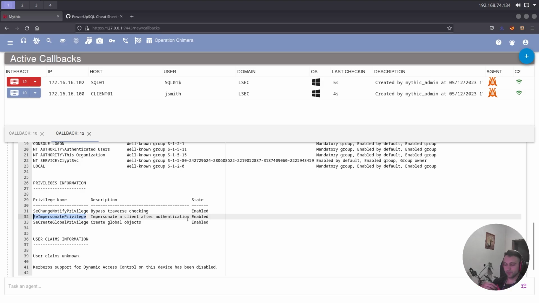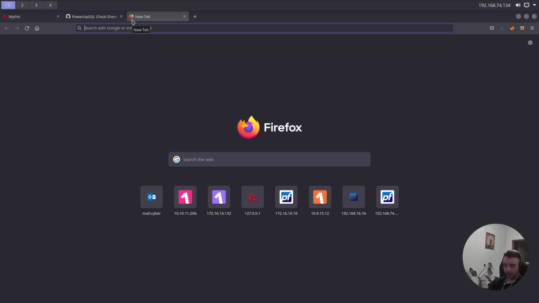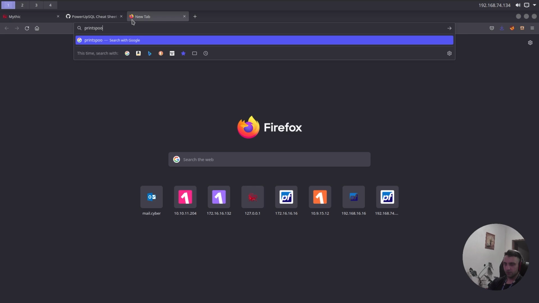With SeImpersonate, we can use some kind of attack like Juicy Potato, like potato attacks, or PrintSpoofer, I believe, to become system, right? So in that case, we have several ways to do it. We can either go RDP there and establish an RDP session and then do that with Winpwn, which apparently is a tool from WithSecure which has automated stuff for all of this, but we can try the manual way because we're using Mythic, so we can do PrintSpoofer, we can do PrintNightmare,